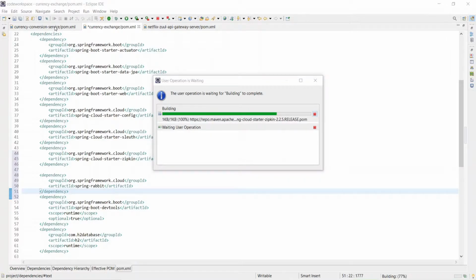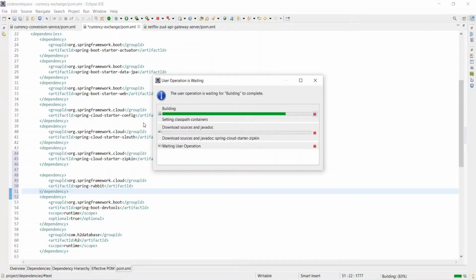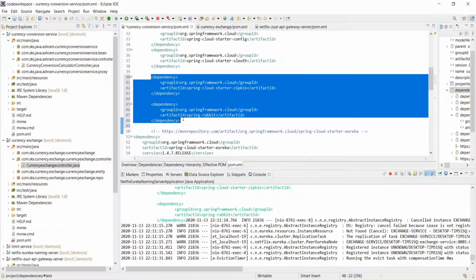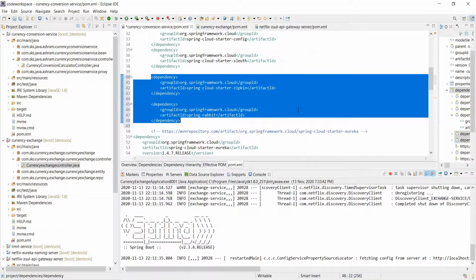Now go to here, let it complete, it's taking time. We have so many services running, so it has slowed down. So we have put all these things into all three pom.xml files.